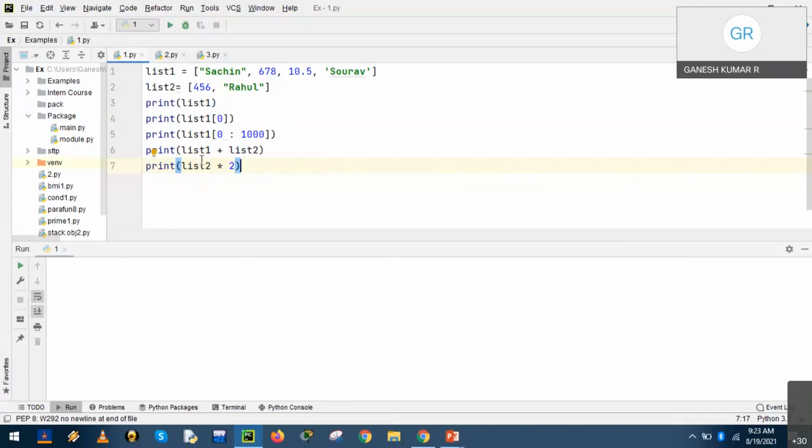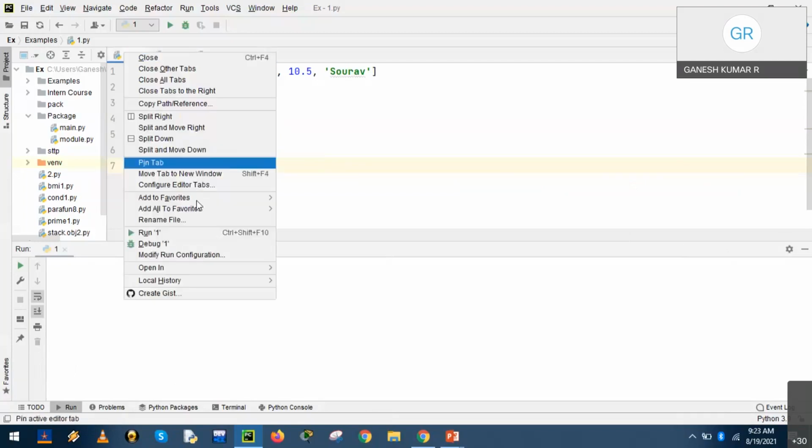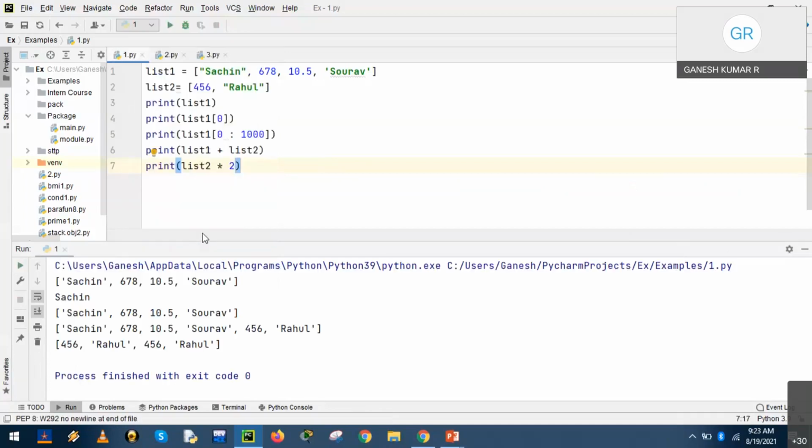Run the program. Have you noticed the clear all option, it is still gray? Now run the program and keep watching whether it changes its color or not. Now have you noticed it has turned to black? Earlier it was gray, now it has turned black because we have got the output in the lower compartment.